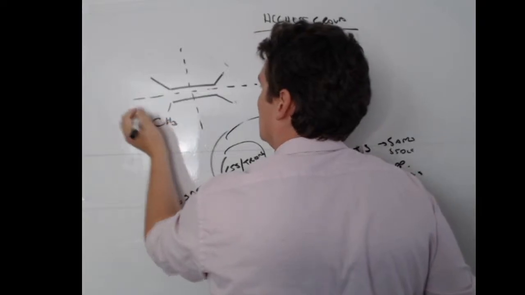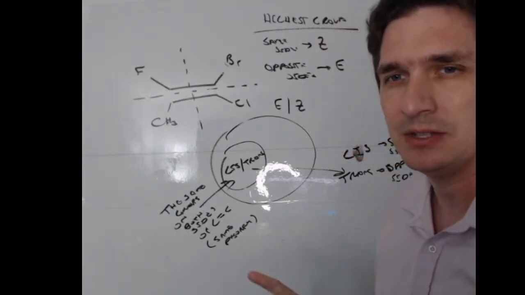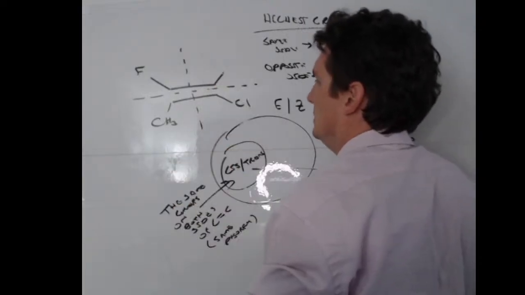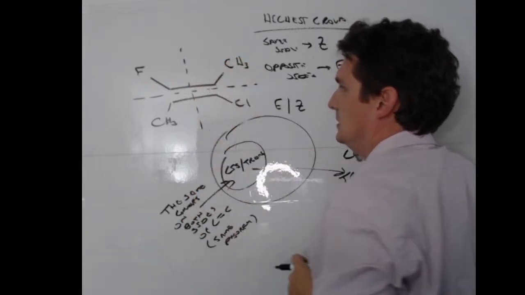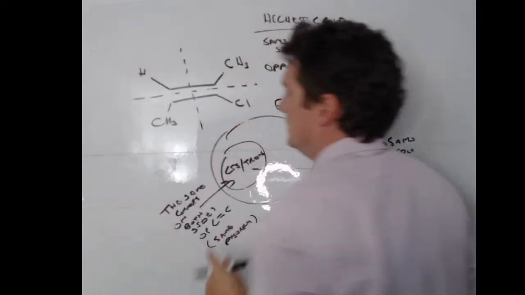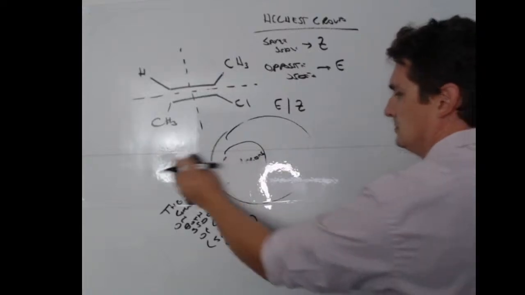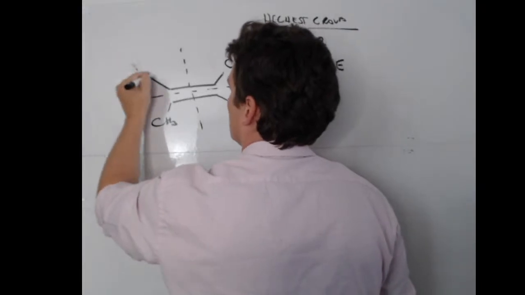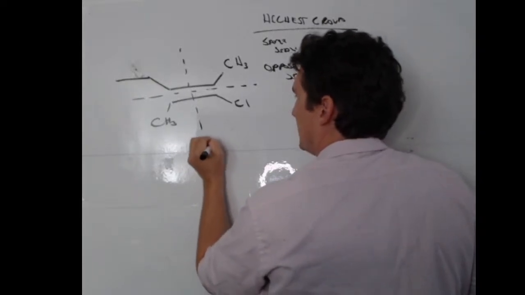Let's say we have CH3, fluorine, chlorine, and bromine. Oh, actually, no, I need the two groups to be the same for this to work. I think this will work. Let's work it out. So with this one, this is a trans. Actually, I can't do this one because it's a terminal alkene. So let's have an alkyl group. So in this case, this would be trans